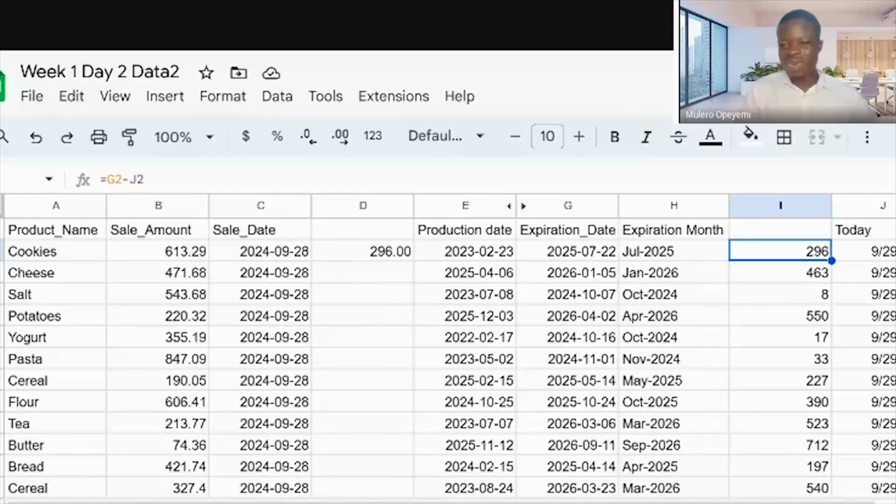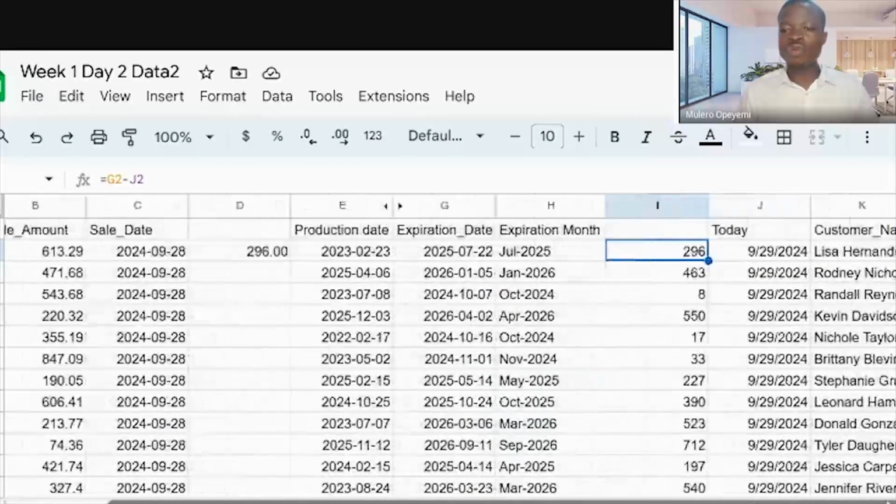Those are the kind of analysis that one can do anytime, any day. The major thing we need is to think of what exactly can be seen from that data. If you cannot see behind the data, it's difficult to convince anybody of the insight behind that data. So you need to be able to see beyond just the data. So that's just it. And the next thing we want to look at now is